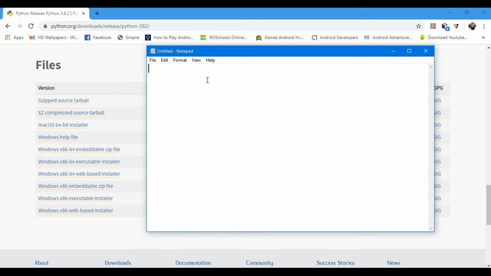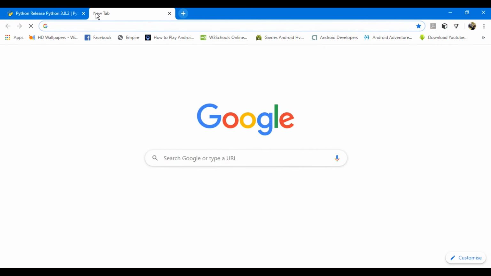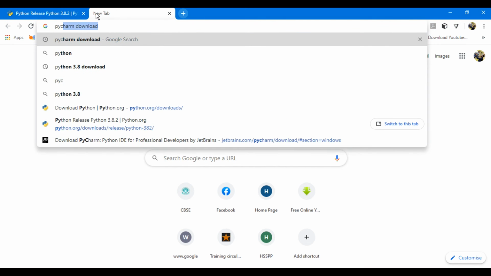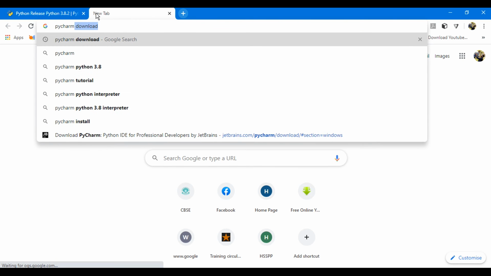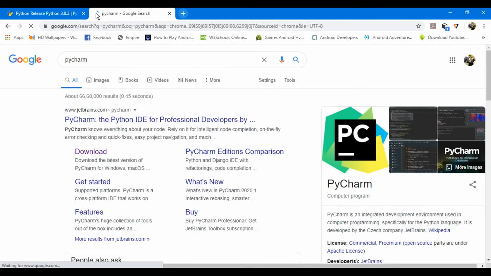So if we are using a simple editor, it will not inform you about which type of errors will come in your system. But the special editor which is designed for writing the code of Python is PyCharm. So directly move to the website PyCharm, search in a search box, click on a download link to download it.